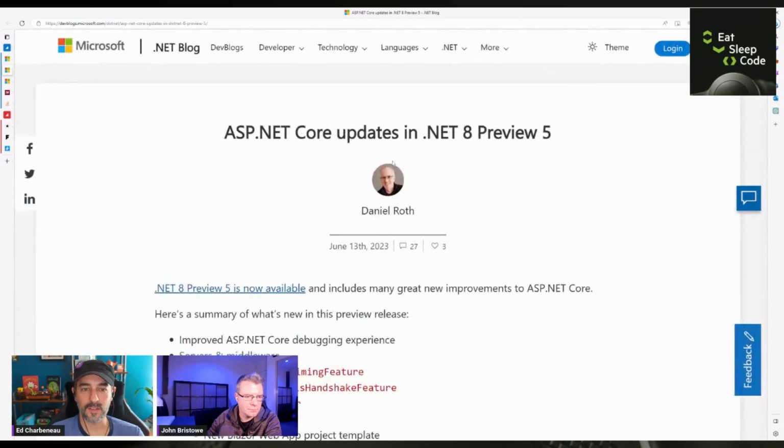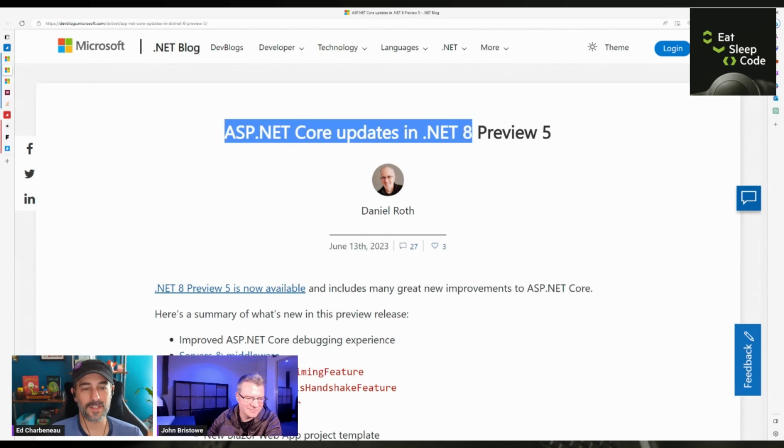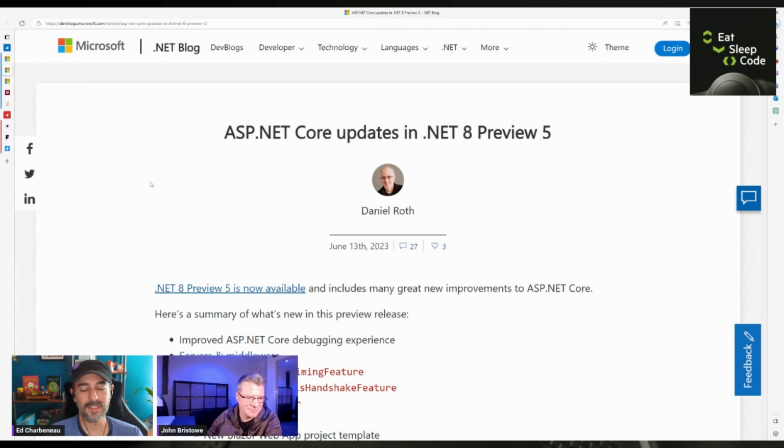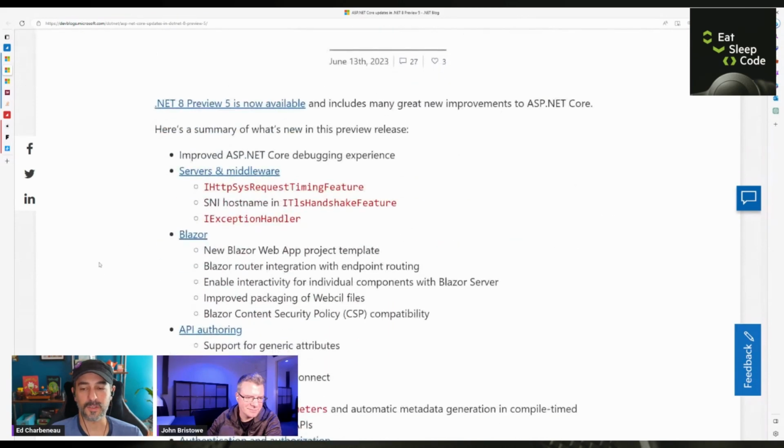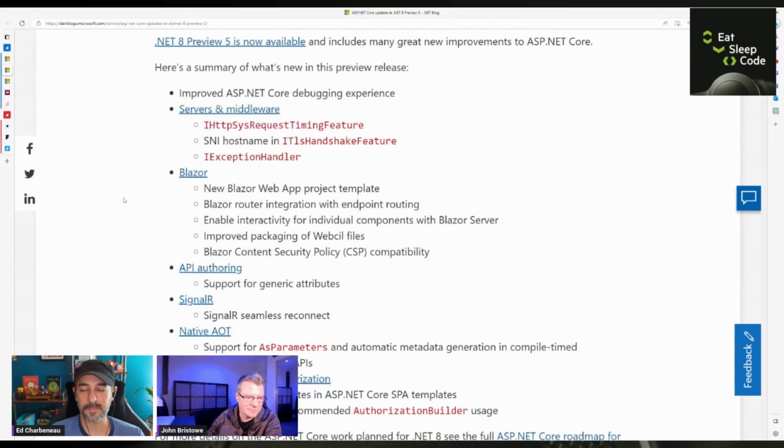But with that is also the ASP.NET Core updates in .NET 8. They made this one really difficult. I won't go over the whole naming scheme and why it's difficult again, but it is. So ASP.NET Core in .NET 8 Preview 5. It's a mouthful. There's actually some stuff here that's developer tangible stuff that we can put our hands on and